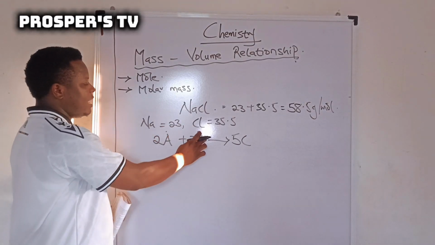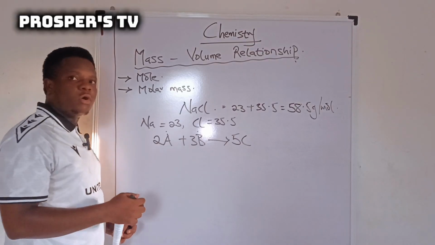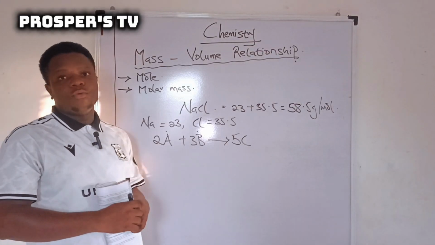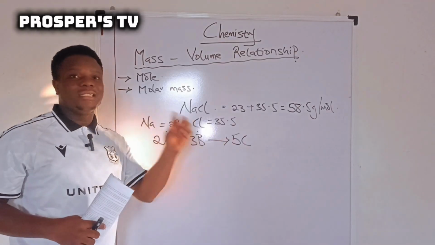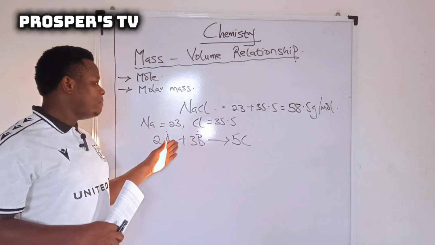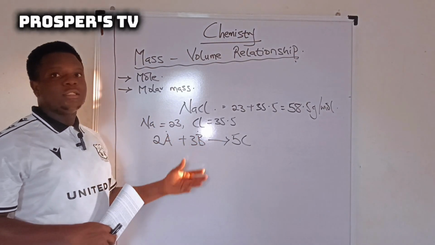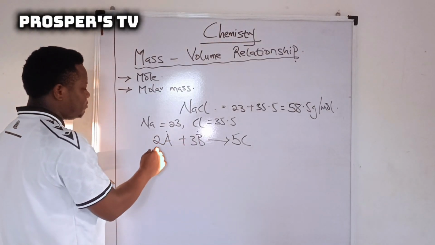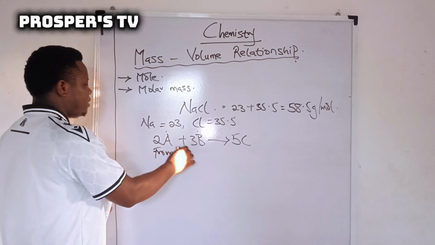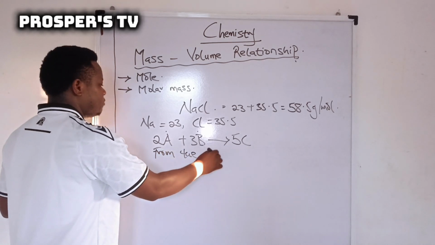So I've identified them, A and B. Then you state what we call the stoichiometry that you would be using. Stoichiometry is simply the quantitative relationship that exists between the amount of reactants or the product. So from the stoichiometry, I can simply say from the equation above,